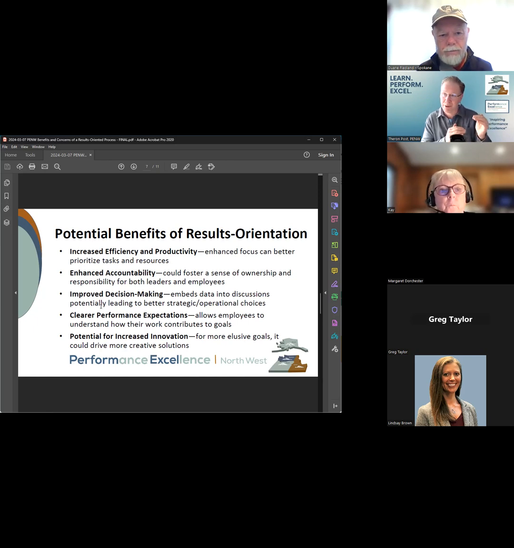Those measures. So the accountability to those measures, as well as the clearer performance expectations and kind of what the employees might be thinking, we think could be enhanced through this process. Maybe most importantly, I'm thinking bullet 3 may actually have the most impact, in my personal opinion, which is really getting data driven to senior leaders' tables more consistently, and hopefully is going to be more embedded into their processes, and really driving them to think about things strategically and operationally and make better choices around the decisions that they are making. So with that enhanced data availability,